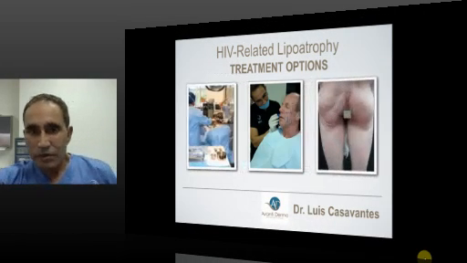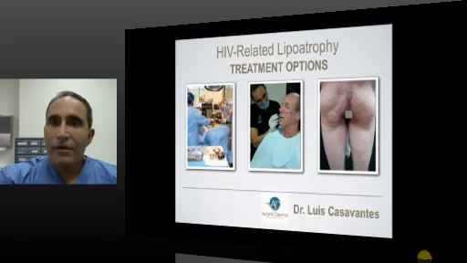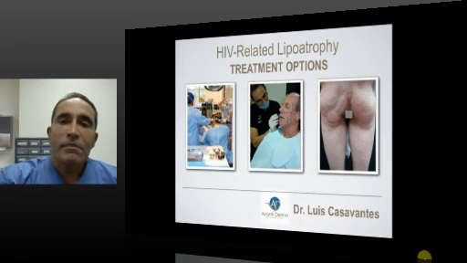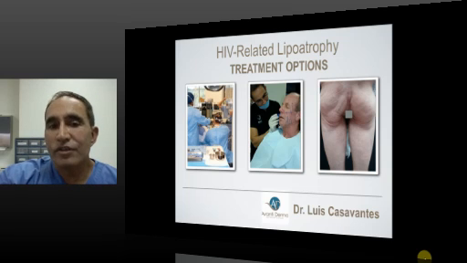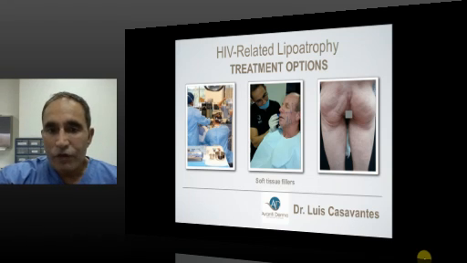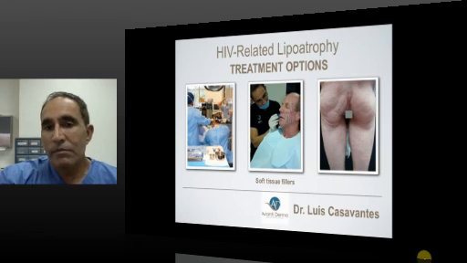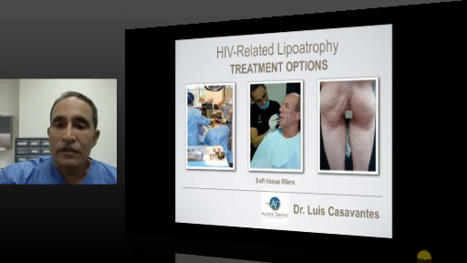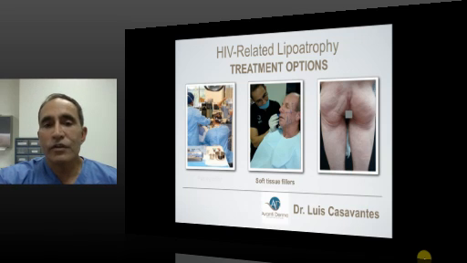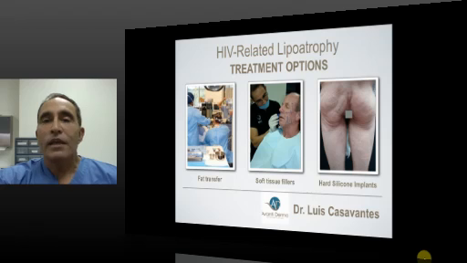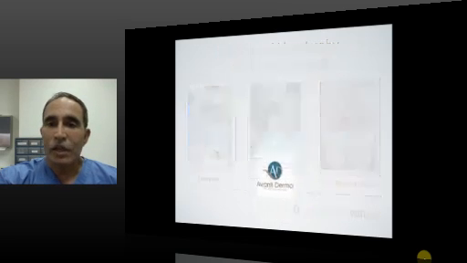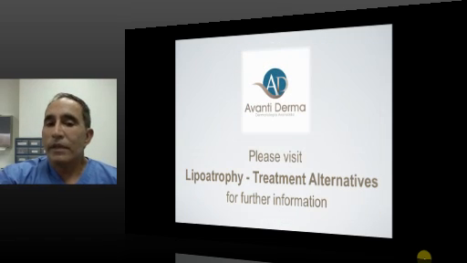What are the treatment options for the lipoatrophy related to HIV? Basically, we have three options, all of them focusing on replenishing the lost volume. The first one, and my favorite one because of the results, is the use of soft tissue fillers. The second one will be fat transfer. And the third one, which is my least favorite for this condition, is the hard silicone implants. We will be discussing